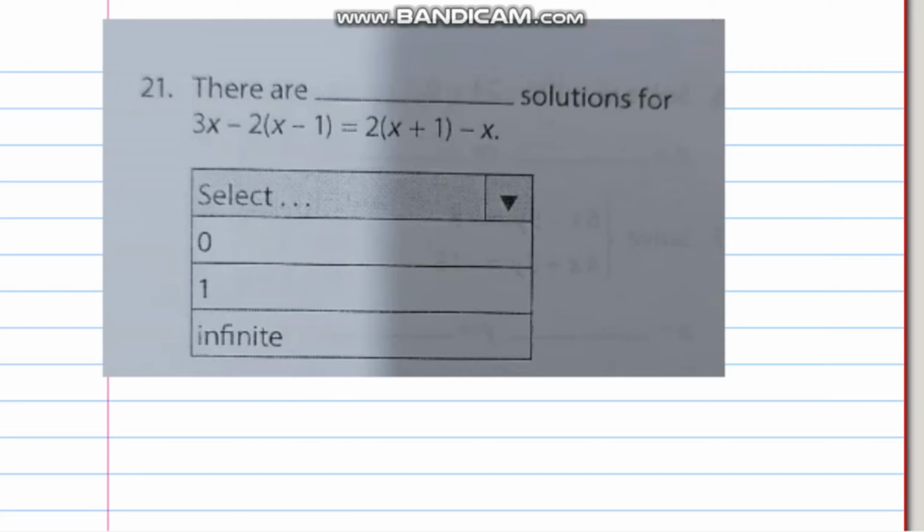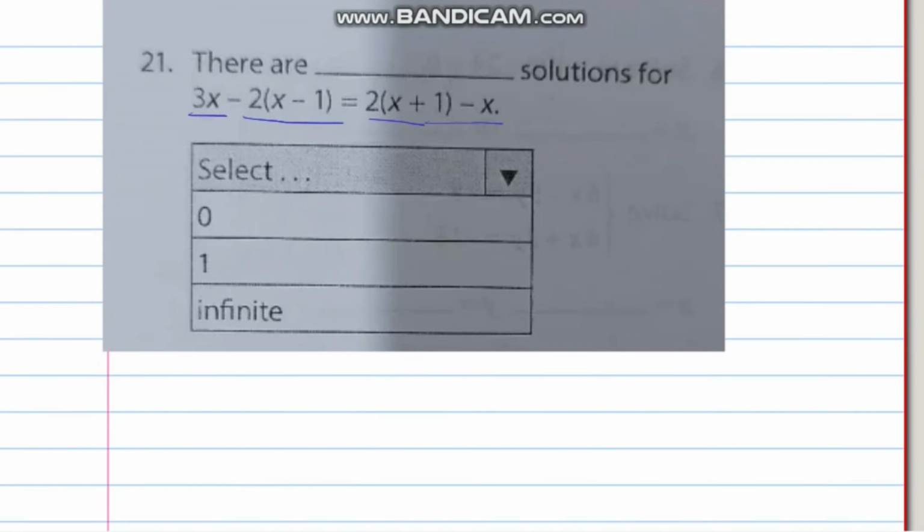Just to first of all focus on the question. What is the question written here? The question is basically 3x minus 2 into x minus 1 is equal to 2 into x plus 1 minus x. So this equation is basically a quadratic equation. Okay,